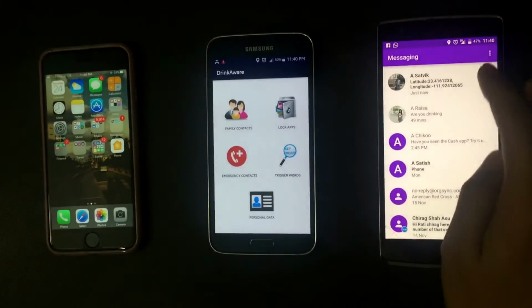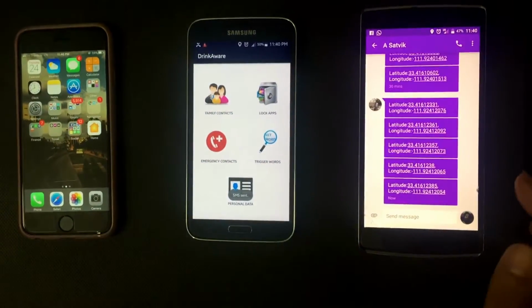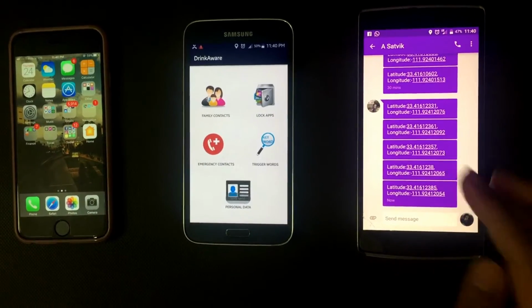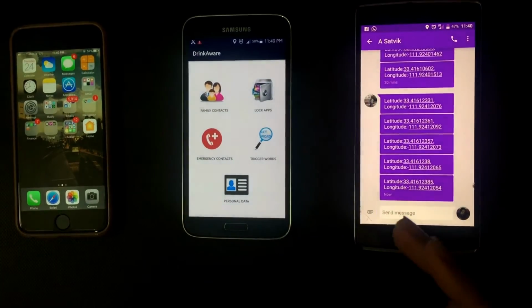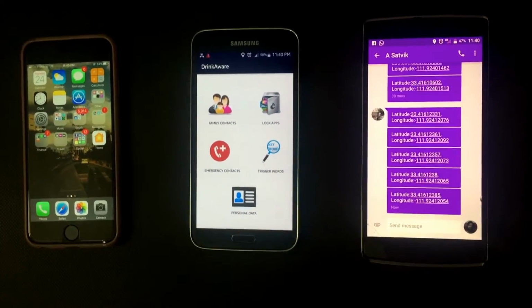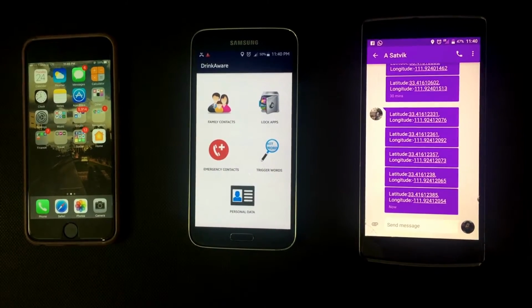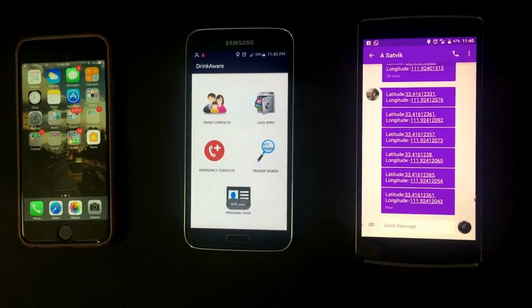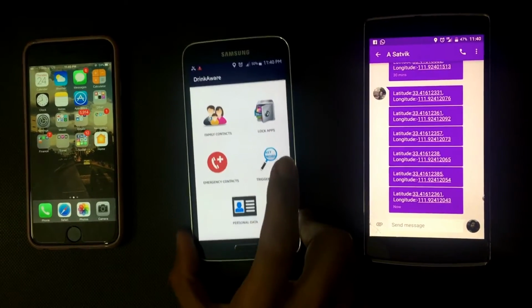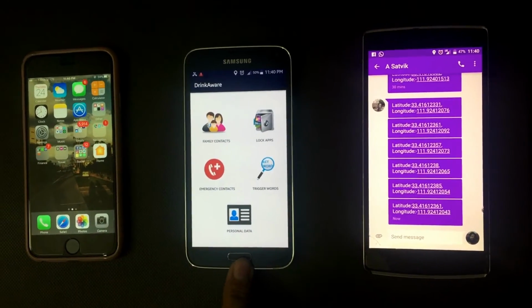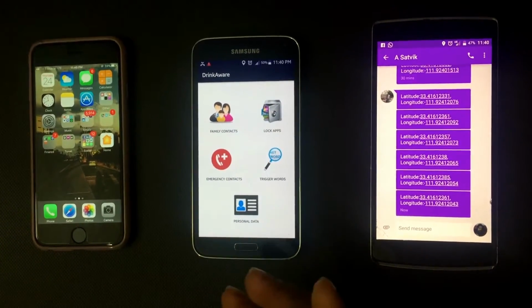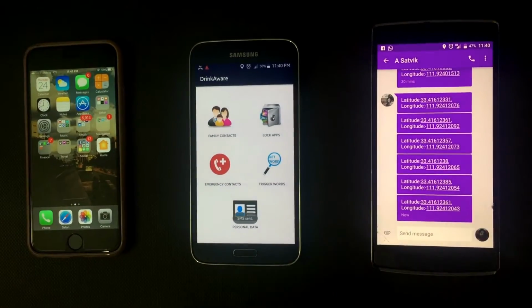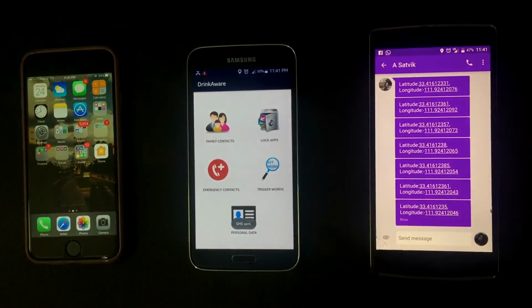Okay, so as you can see, Rati received my latitude and longitude location. She will keep receiving my location as I further move along. Right now we have kept this interval to be a very small interval. Later we can make this interval up to 20 or 30 minutes so that if the person in distress, that is me, moves from one location to another and I'm not able to tell my friend where I'm going, she will get my location and she can come and help me out.